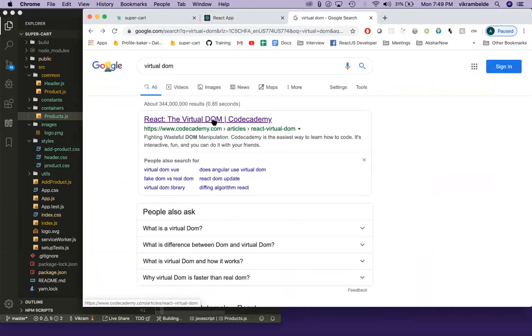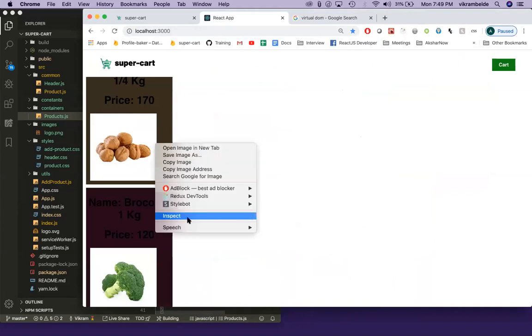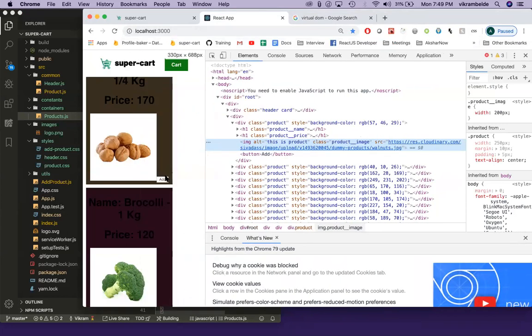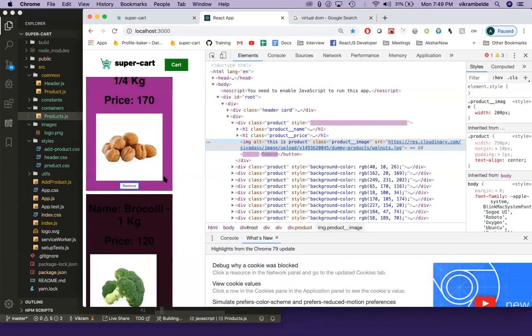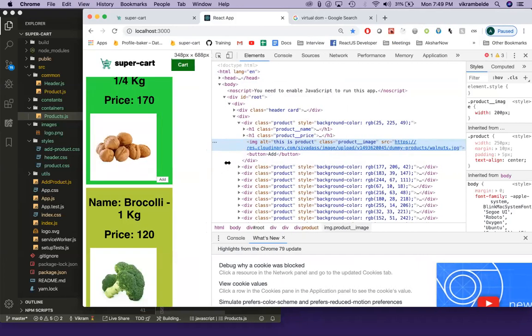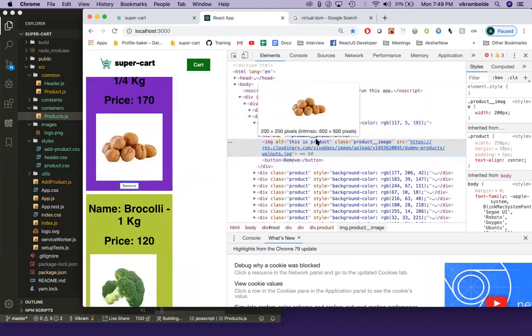If you remember the first classes we started, it's called DOM manipulation. Anything on a web page that you need to change, you have to change the DOM. Let's take an example in here. Whenever I click an add button, see what happens. My DOM on the browser is being changed. Take a look again. As soon as I hit the add button, there are a few things that have been changing. A lightish pink color is the change. So as soon as I click add in here, you see things have been changed, and that is called